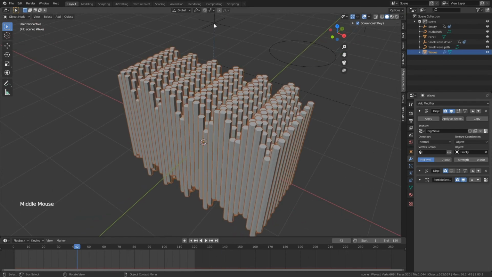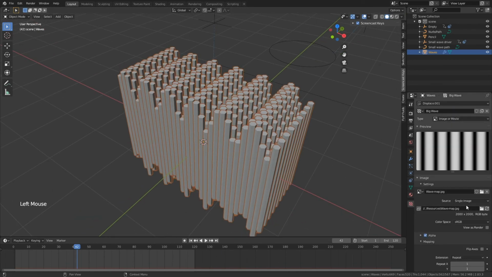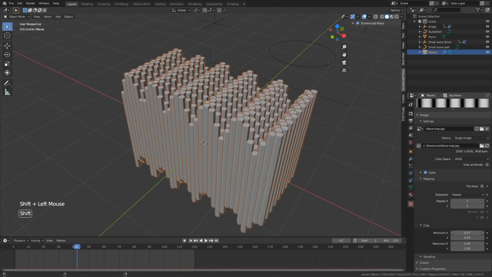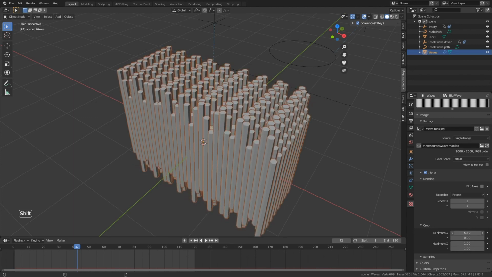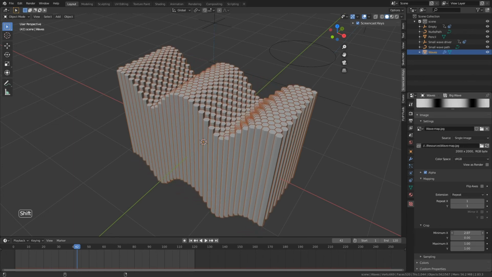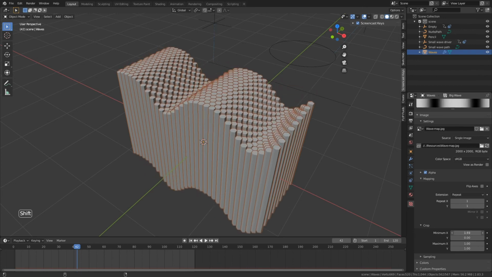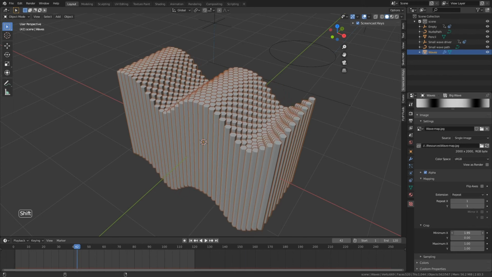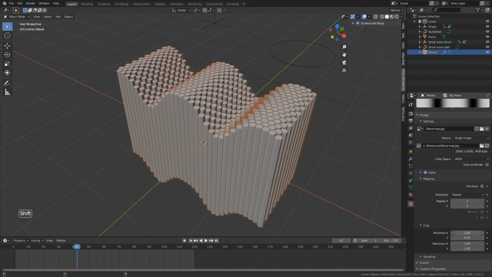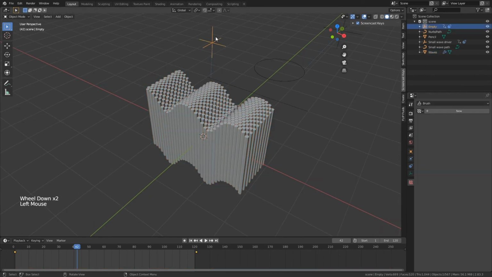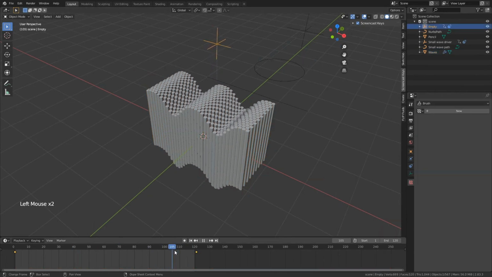And now I think that there are too many waves, so let's remove some and spread them out a little bit. Yeah, maybe like this. And now we're gonna have to readjust the